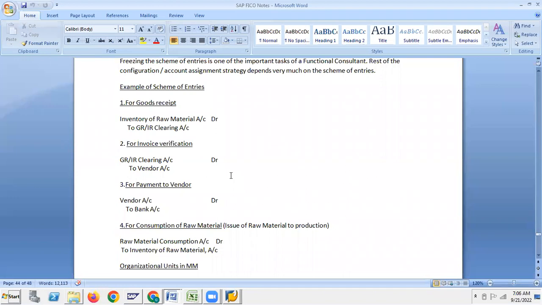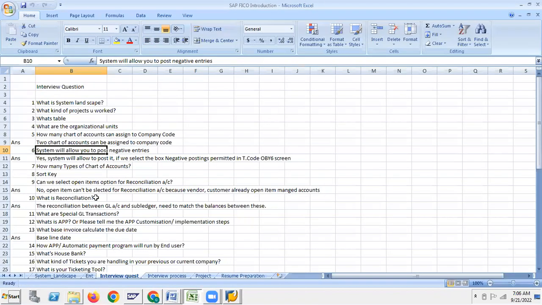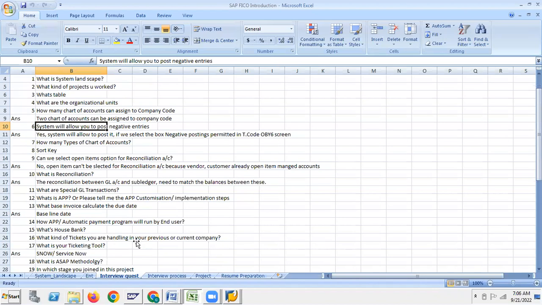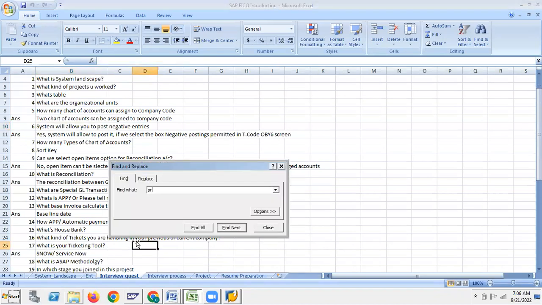So earlier also we discussed, it's very important for interview. Question is procure to pay process. Procure to pay process. Somewhere randomly I will explain today. Procure to